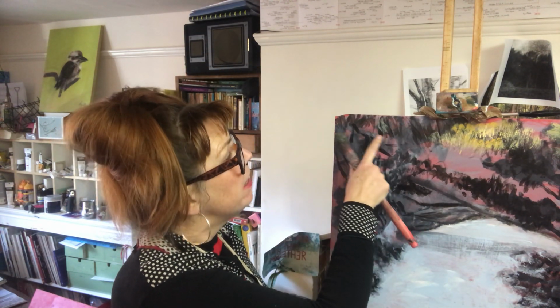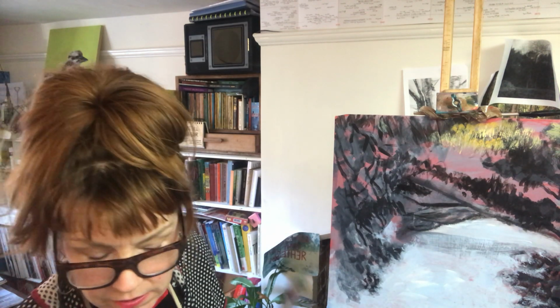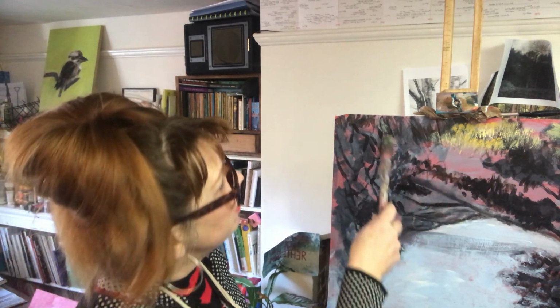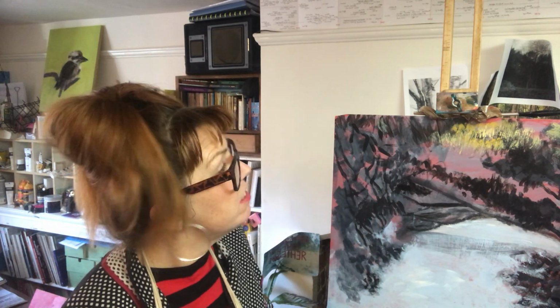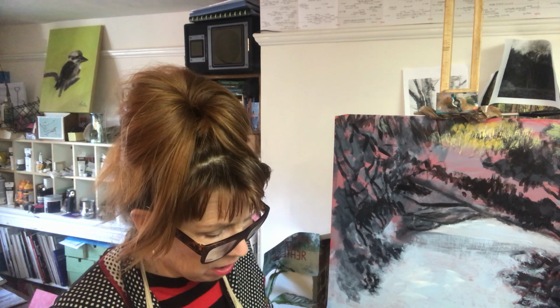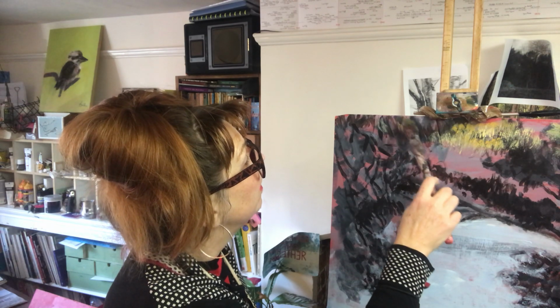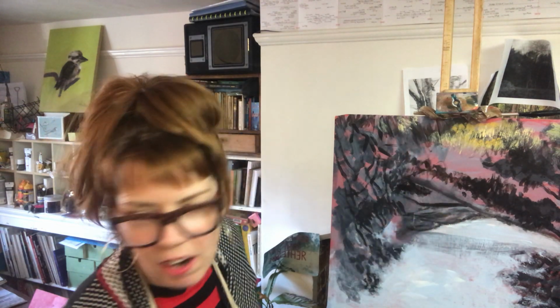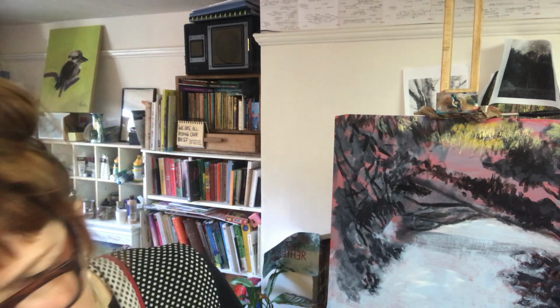And so I'm going to go in with a dry brush and get some of these lighter bits of foliage here. I'm just thinking, will I use this brush? Because this brush was good for grass. I feel like this is more like long sticks. So I might use... I'll see. I'll have a go and see how it looks. See if I can get this. See, I feel like that's too grassy. So I'm going to use something else. I might use...